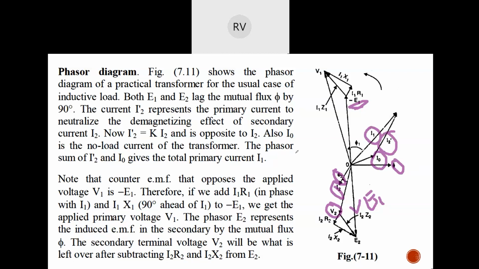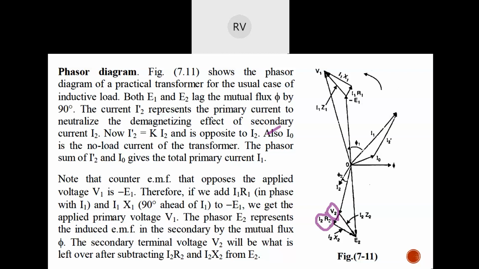Similar to what we have done in the first case, we are doing that in the second case also. So we have I2 and the counter I2 dash, and if you add those two you will get I1. Now I1 is there and E1 is there. In order to know E1, first of all you need to get E2. How to get E2? V2 plus I2R2, where I2R2 is the amount of